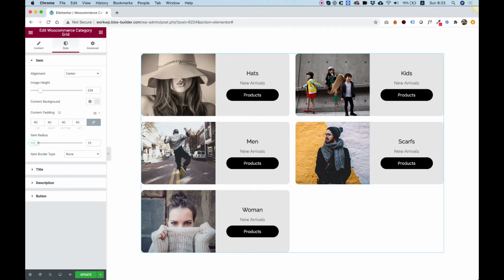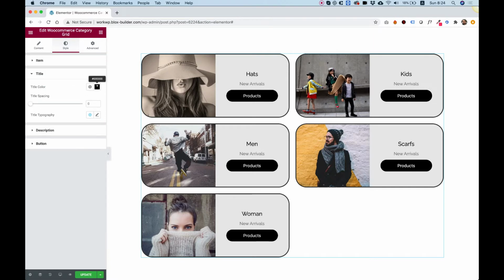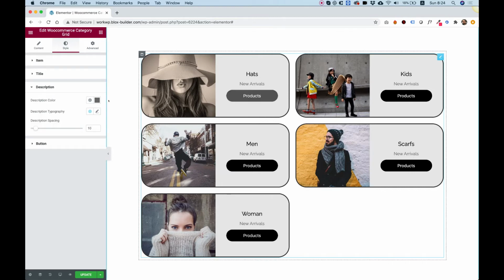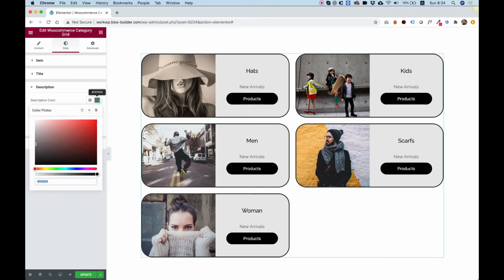Item radius if you want to make your tiles rounded. And you can also add a border, of course. Under title, we have title color, title spacing, title typography. Same thing for description. So if you want to move the description from the title, you can just use this spacing value over here. You can change the color of this if you want to make it a different color